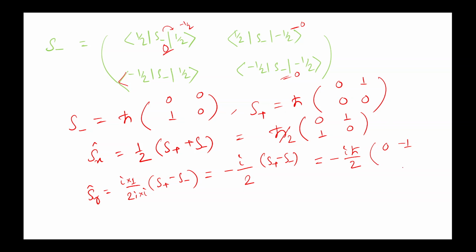No, S plus is here, so it will be 0, it will be 1, and S minus will be minus 1 and 0. Now you can take out this minus i here, so now you will be left with ħ/2 times the matrix 0, minus i, and plus i, 0. Okay,